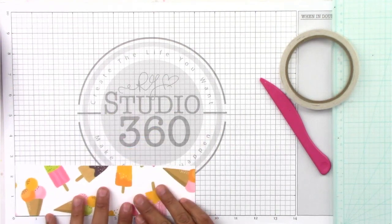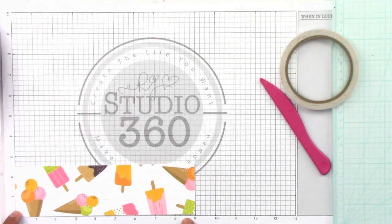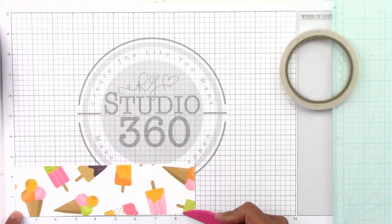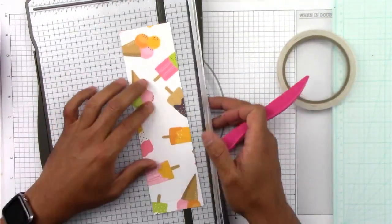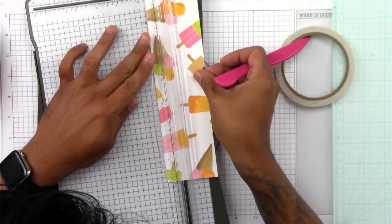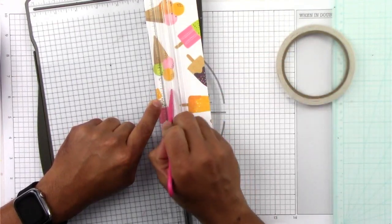The height of this is 2.5 inches tall by 9 inches long. I've scored at 1/2 inch, 4.5, and 8.5. I also brought in my paper trimmer to give it a little marking at 3/4 of an inch. So I'm going to bring this to 3/4 of an inch on my paper trimmer, and right where that center score line is, I'm going to create just a little notch